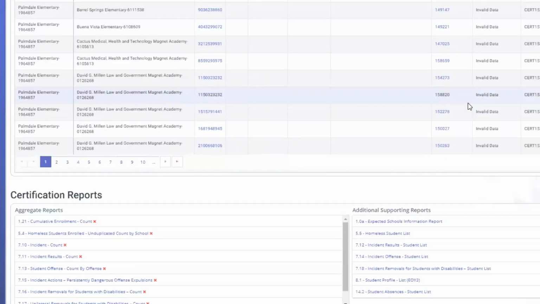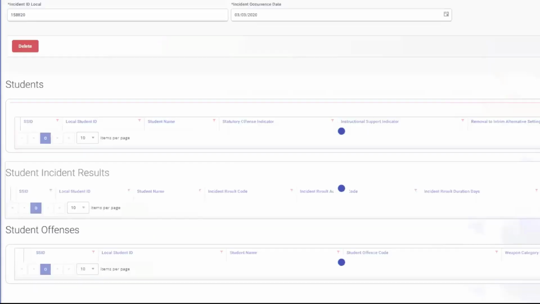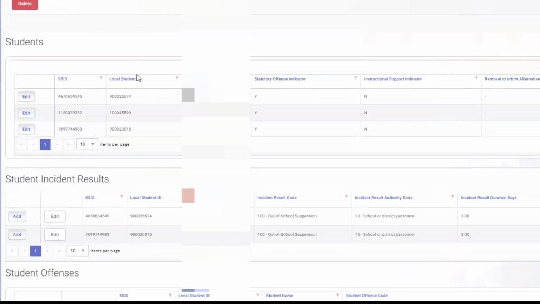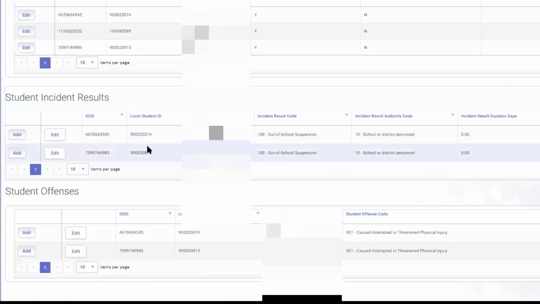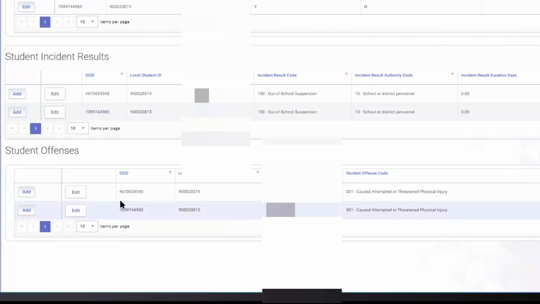We'll just right click and open in a new tab. Again, we're at the incident detail screen. Okay, so it's another 3-student incident. This time, 2 students have results, right? Again, we're covering the name, but you can see that this SSID does not have a result. The student was involved in an incident, but doesn't have a result. Both of these students have offenses, right? This student has a statutory offense indicator of Y, so we'd expect to see a result for this student and